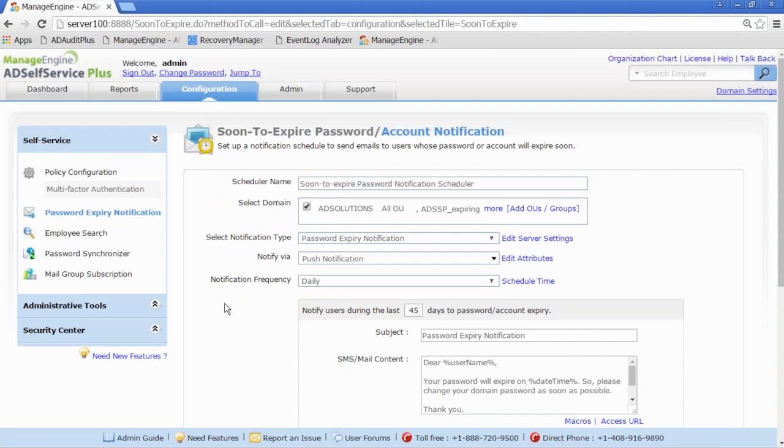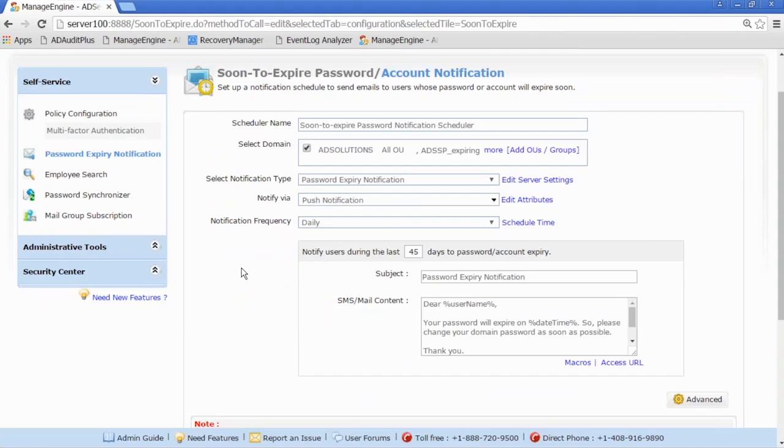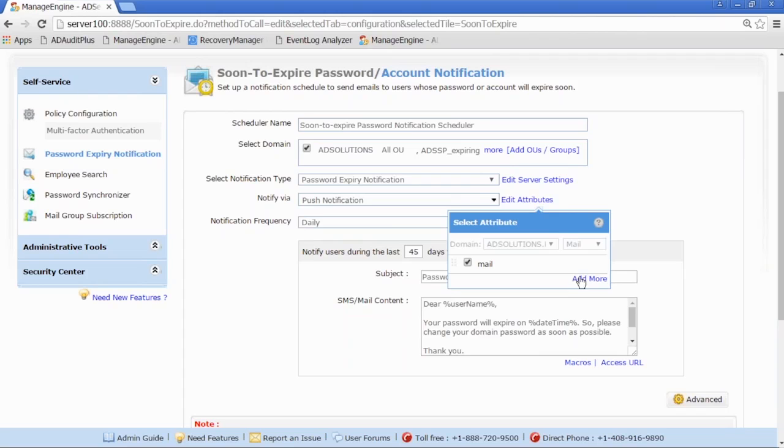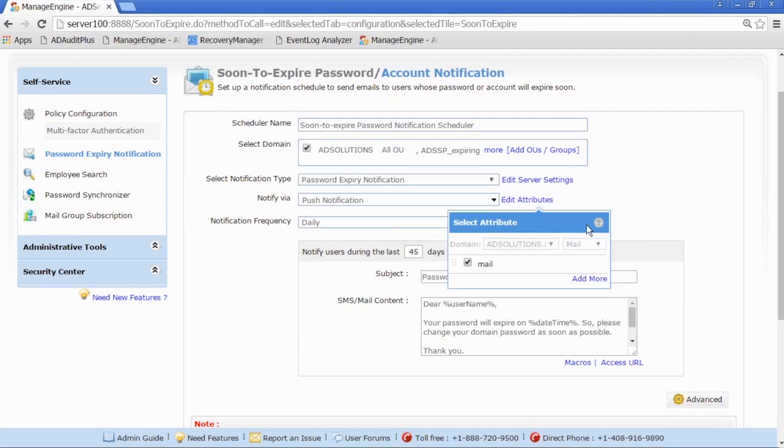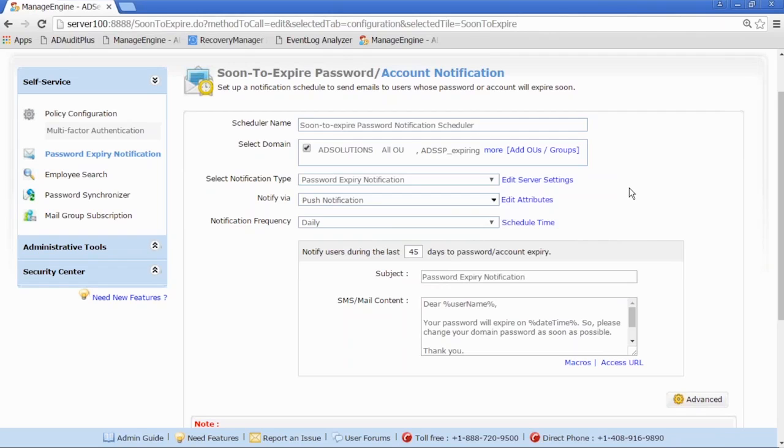So when it comes to this password expiry notification, some of the key things are that we're going to be able to notify the end user through different avenues, right? So we're going to be able to notify the user through whether it be SMS, whether it be text, whether it be email, or whether it be push notifications.